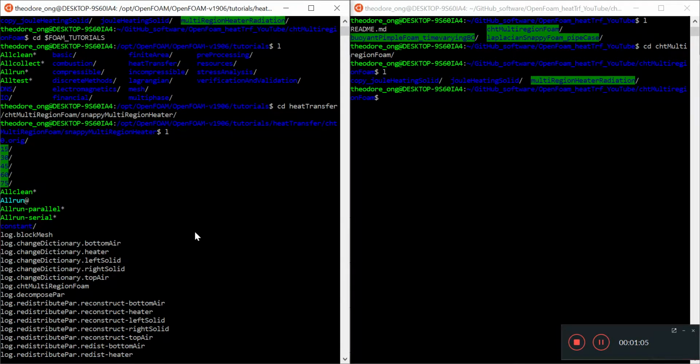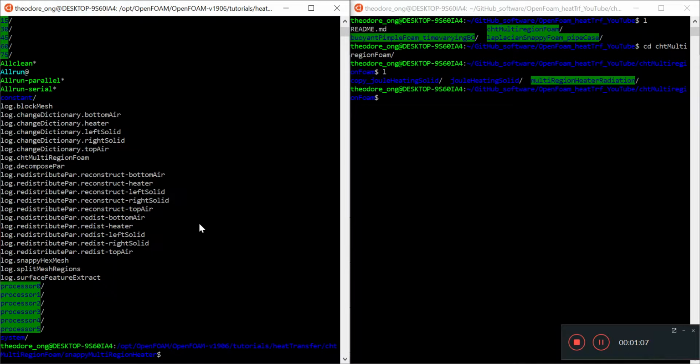So basically, I've actually run this case before. I've run this case before in parallel. So that's why you see this processor 0 to 5. And what is this actually? Well, in the last time we used a